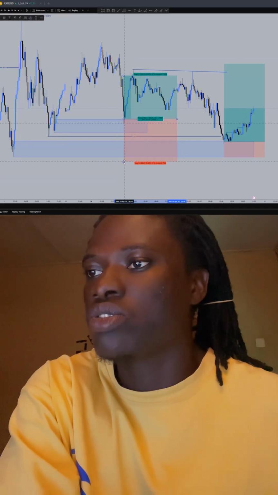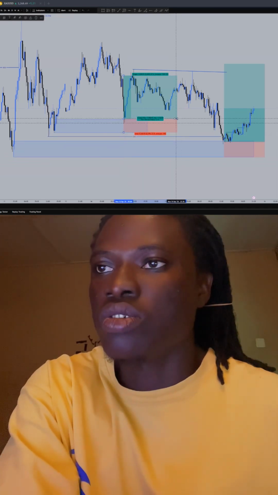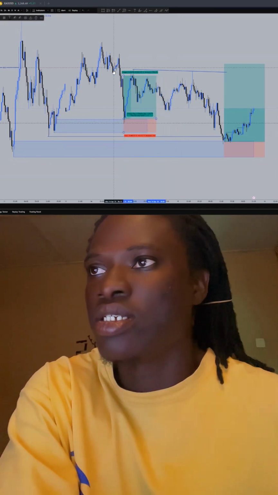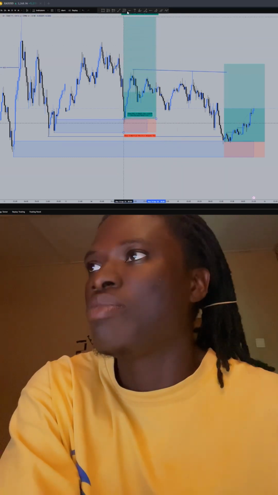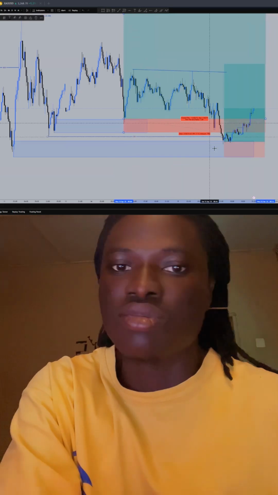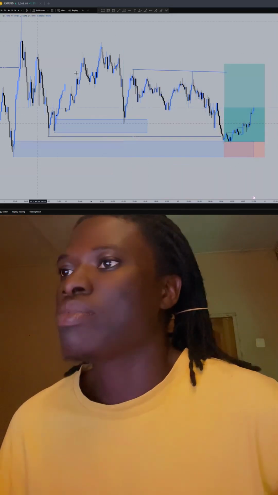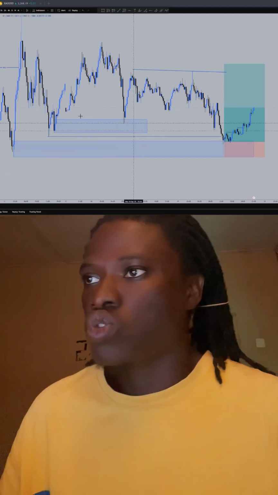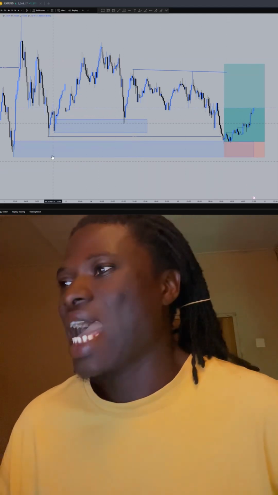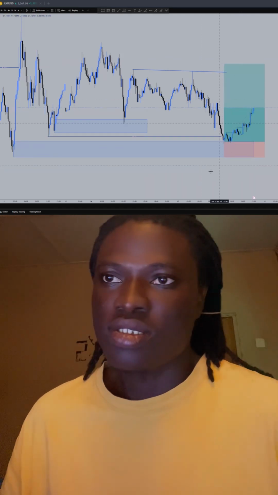So we call this one a trap. This is a big trap here. So the moment you take this trade, you expect the market to form a new high. And look at what the market did. It came back and then boom, it cleared you out of the market, right? So this is a big trap. Don't fall for it. Right, so I avoided the trap and then I patiently waited for the market